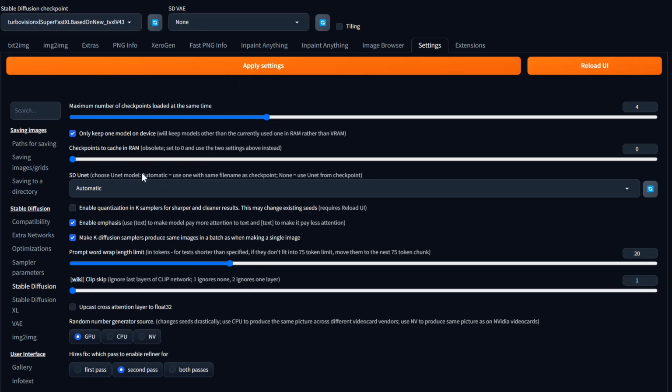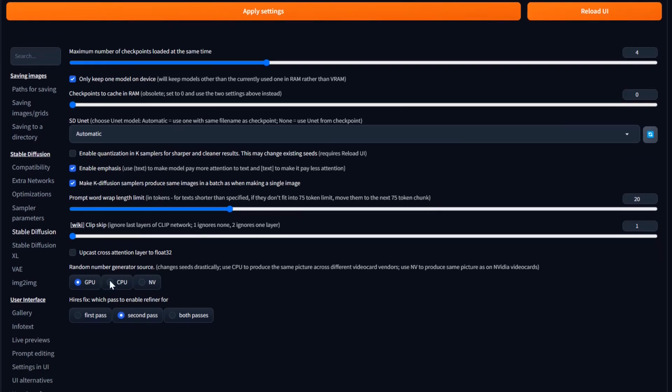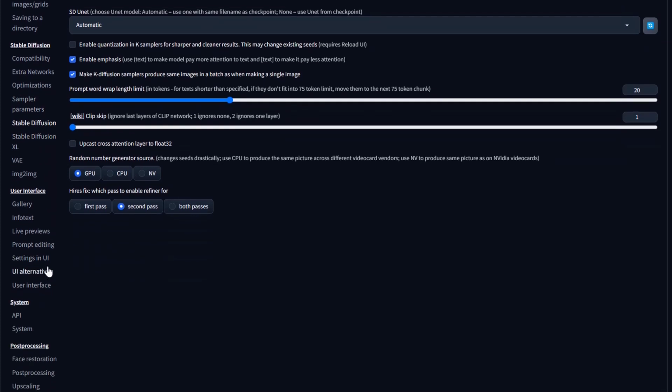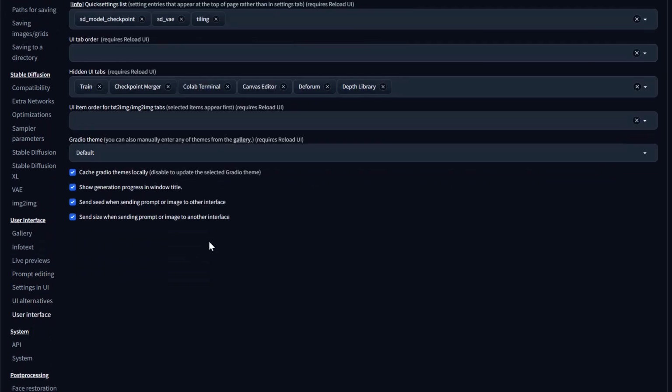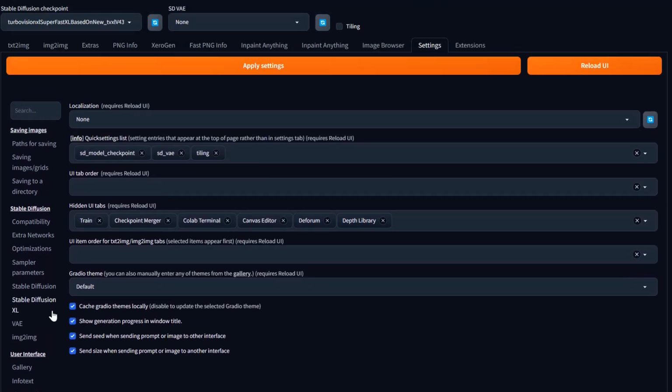So I don't really mess with much of anything else here. They have the setting here, just keep that at 0 because that's an older style. If you're using CPU or GPU, obviously that's going to be set here. If you can use GPU, definitely. Okay. So when it comes to hiding other things, I want to say in the user interface. Yeah, here we go. Okay, so in the user interface section,